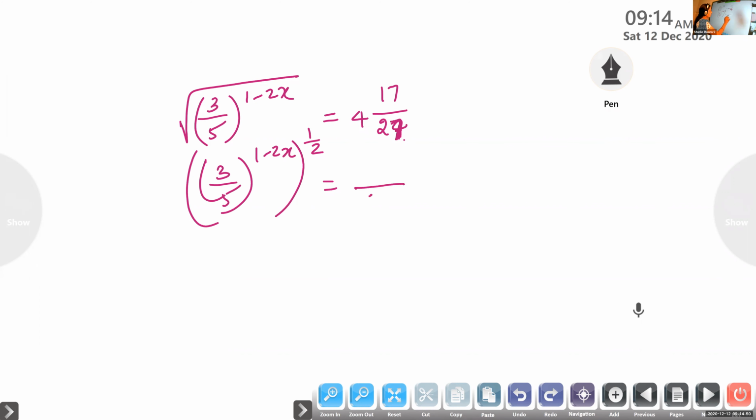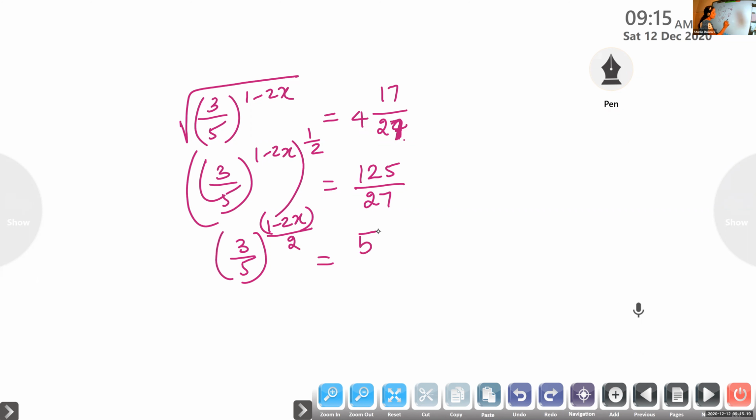What will you get? 125. Now listen here, this is power to power, so multiply the powers. 1 minus 2x into 1 by 2, which is 1 minus 2x by 2, is equal to